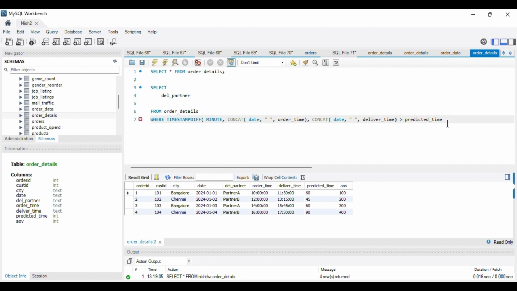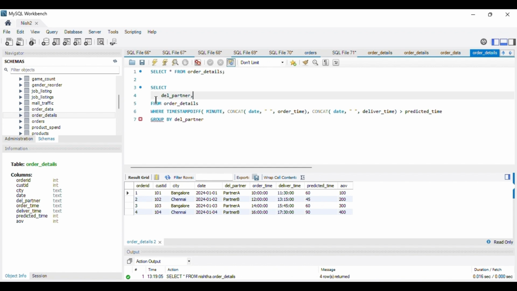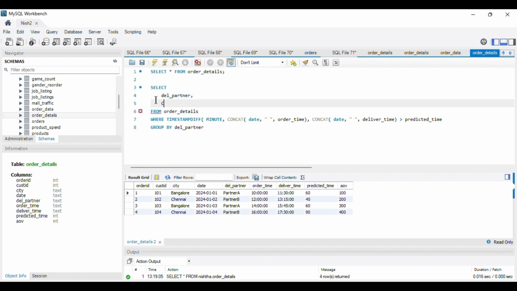Next we wanted to group by, since our last step was to group by on the delivery partner column, so I'm doing that. And also we had to apply the aggregation function, which is our count star function. So using count star, this will calculate my order count, count star as order count.